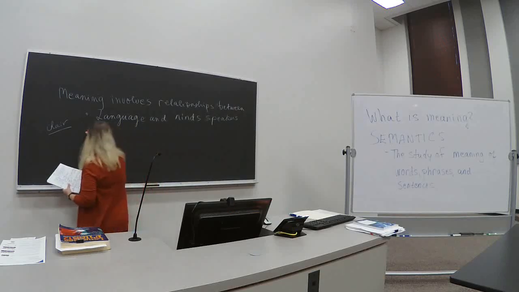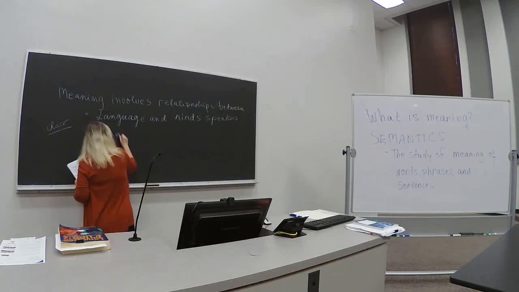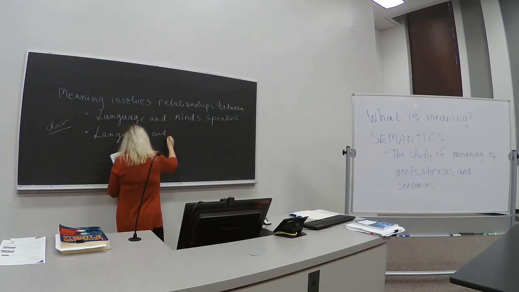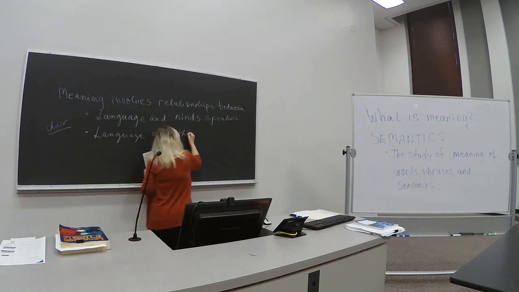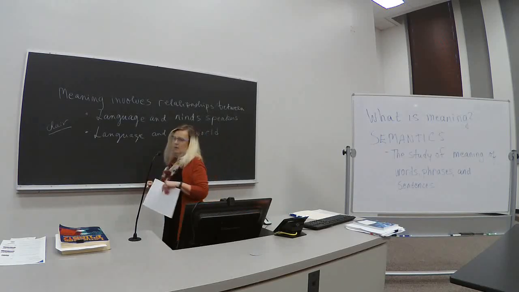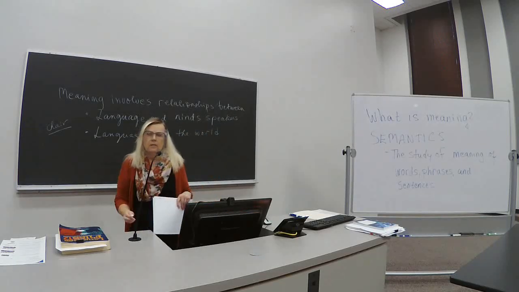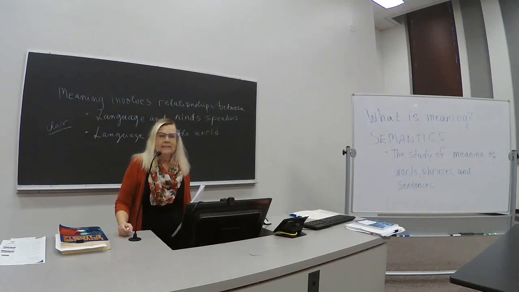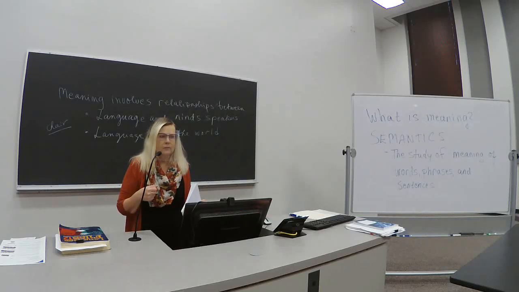So another second relationship is the relationship between language and the world. There is a world that we talk about, right? And there needs to be a relationship, some kind of a mapping between the words, our language, and what we